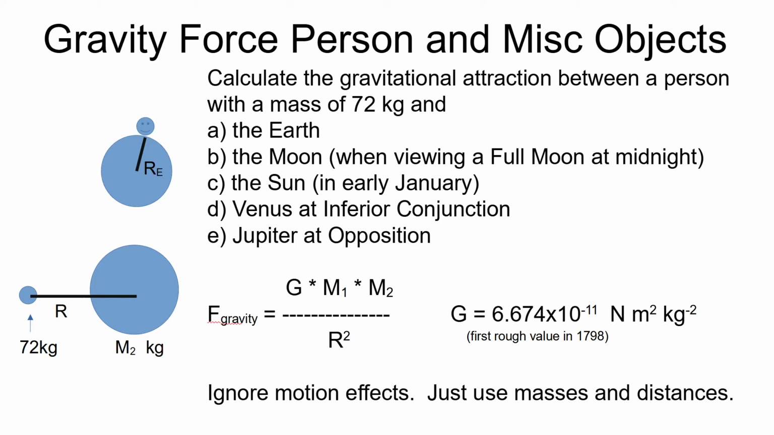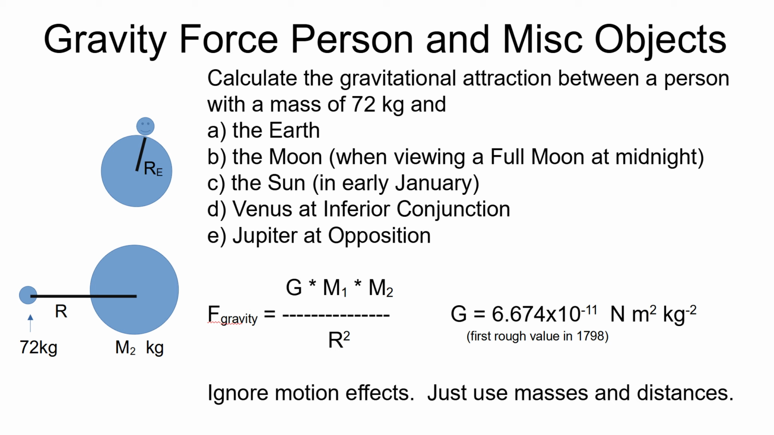This video shows calculations of the force of gravity between a person and various objects in our solar system. We're going to take a person with a mass of 72 kilograms and calculate the force of gravity to the Earth, to the Moon when you're looking at the full moon at midnight, the Sun in early January, Venus at the time of inferior conjunction when Venus is in between the Sun and the Earth, and Jupiter at opposition when